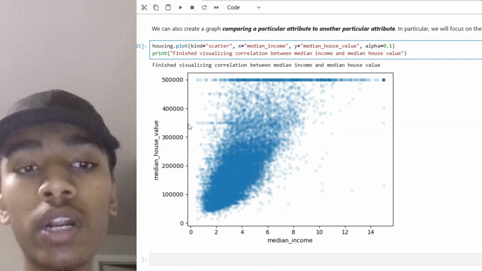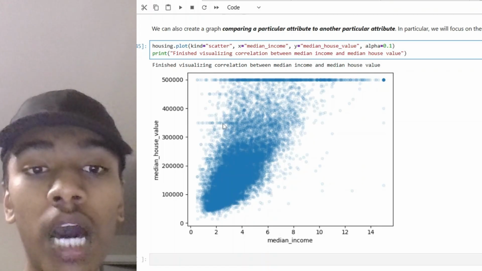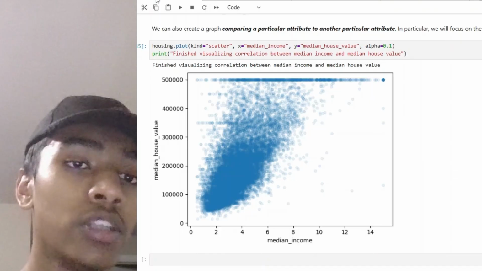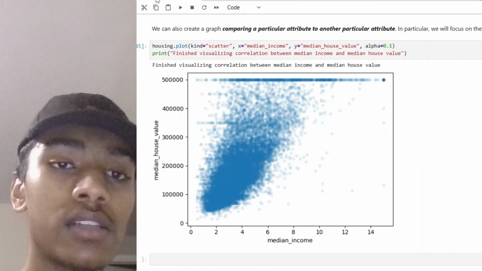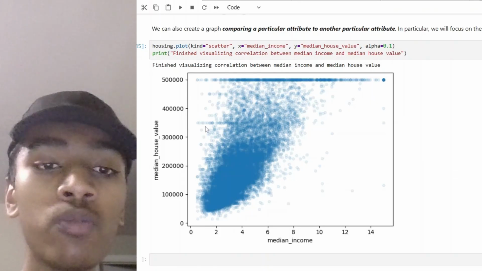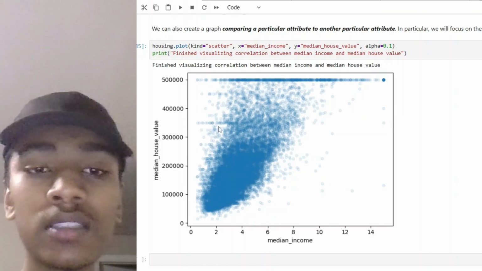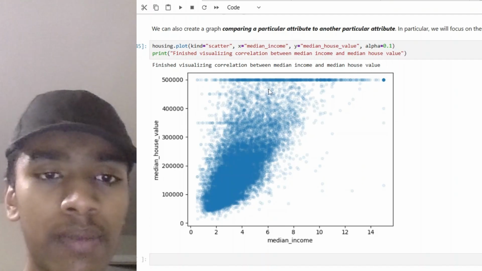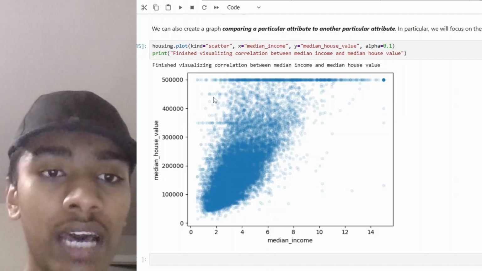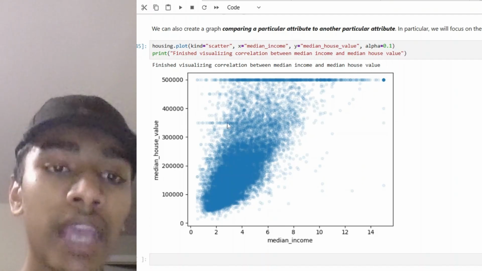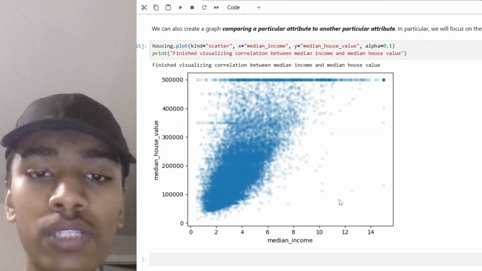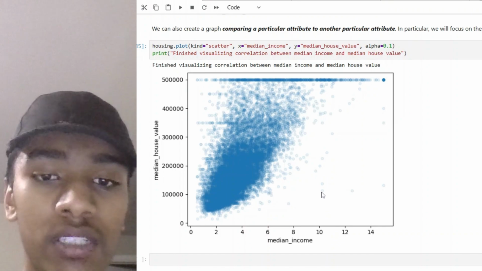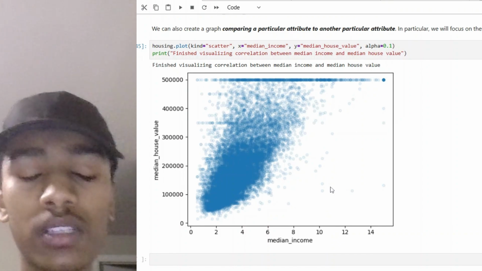And so we might want to get rid of those data instances from our overall housing data frame, but also from our housing test training set as well. So we might want to get rid of some of those data instances that might be outliers and not very consistent. And you're seeing another line here a little bit coming at around 450,000. And so that's not a good idea either. And again, as incomes goes up, there's some people who have like an income of 100,000 who might buy houses that are only like some districts, I should say,